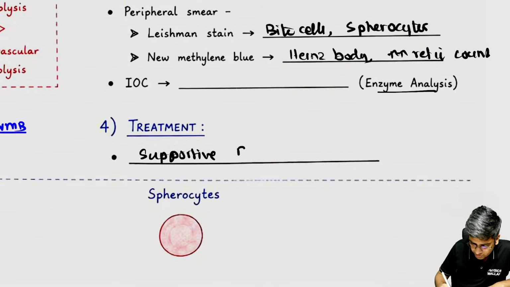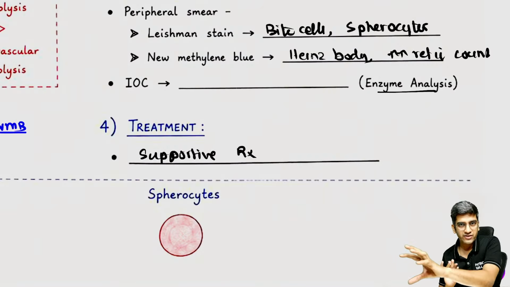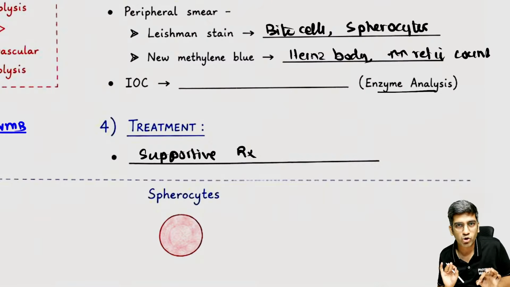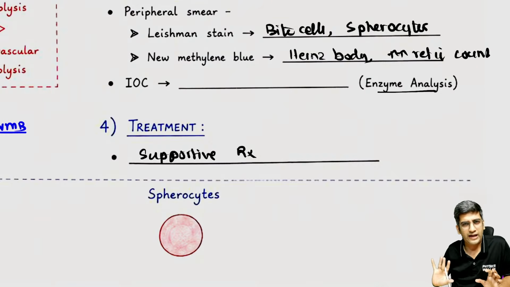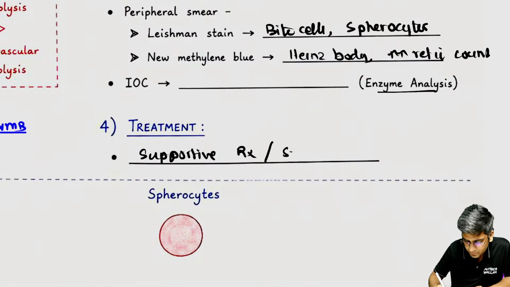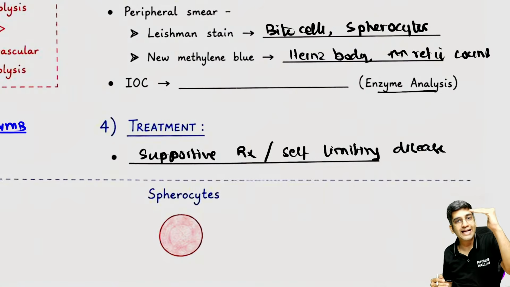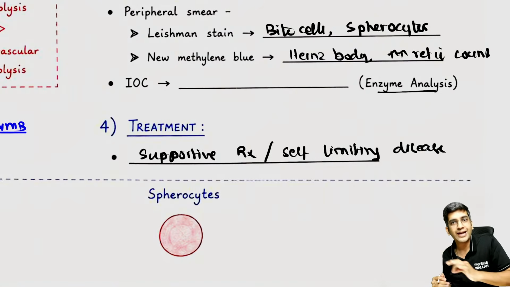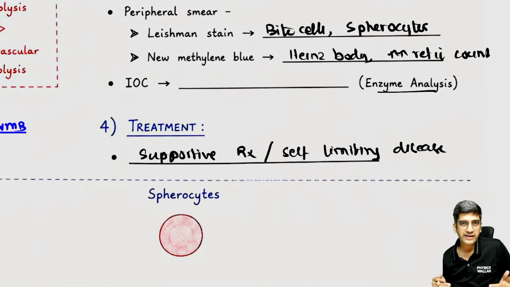What do you mean by supportive treatment? Wait and watch. There's a fever, there's hematuria. Look at the hemoglobin. If it's 10, 11, okay. Because once the fever stops, the trigger stops, hemolysis stops. Supportive treatment because it is a self-limiting disease. The hemolysis automatically will stop the moment reactive oxygen species comes back to normal. And tell the patient that if you have a fever again, please go to a doctor immediately because you have a condition where red cells can be destroyed, right?